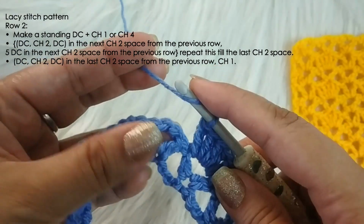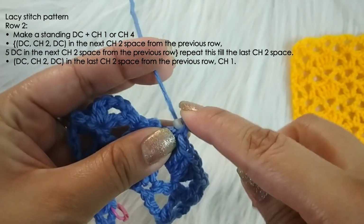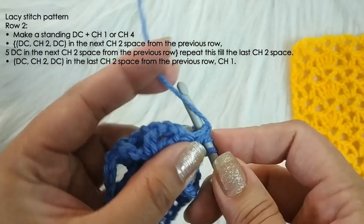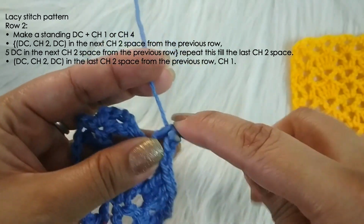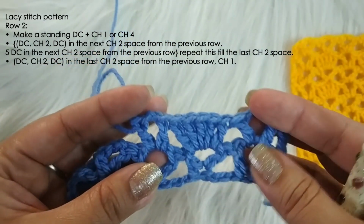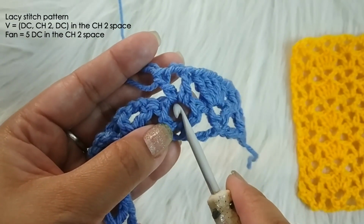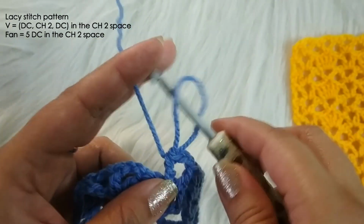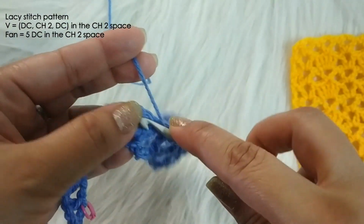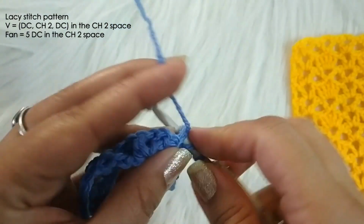The next one we will do our V. So double crochet, chain 2 and double crochet in the same chain 2 space. Okay, so we are now working only in the chain 2 spaces from the previous row. That's why this pattern is really easy. Next one we will make a fan of 5 double crochets. That's it,